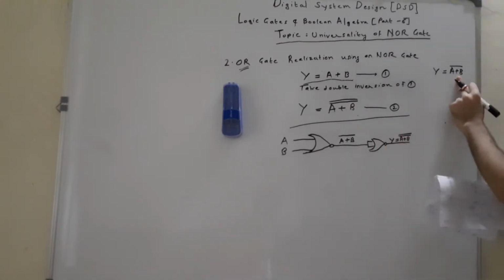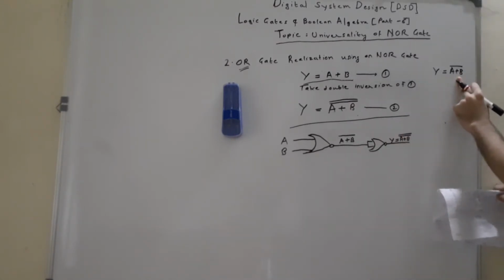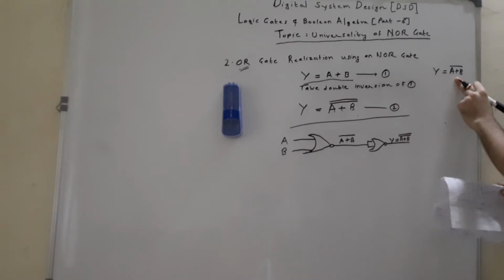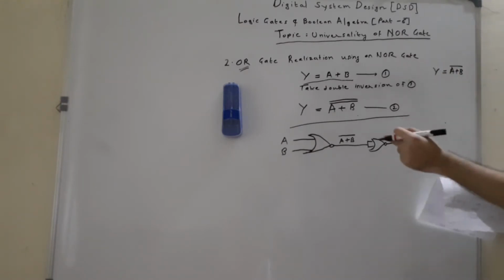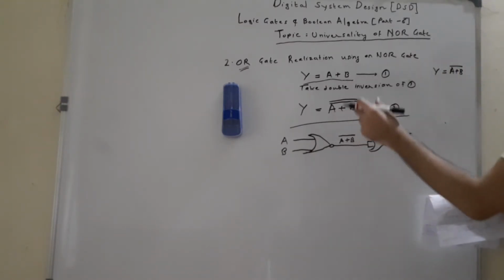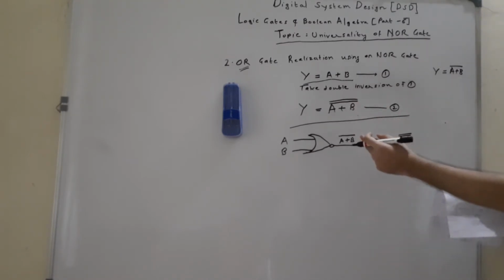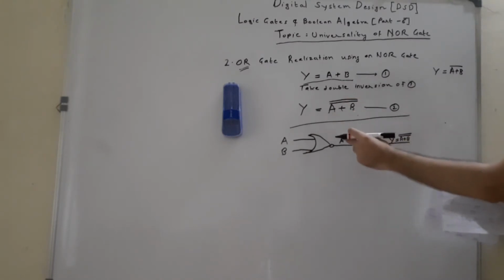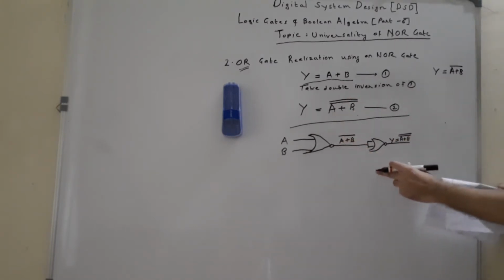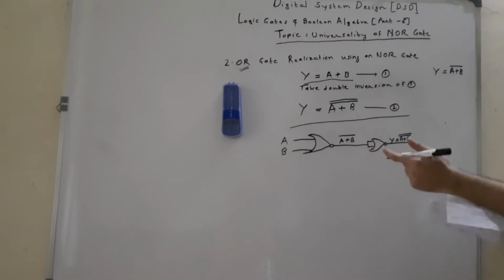What is the logical expression or Boolean expression for NOR gate? Y is equal to (A plus B) the whole complement. Because we want to realize it using NOR gates, we have taken this double complement so that its meaning does not change, and as a result we get complements on top of it. So it is helpful for us to realize using NOR gate.